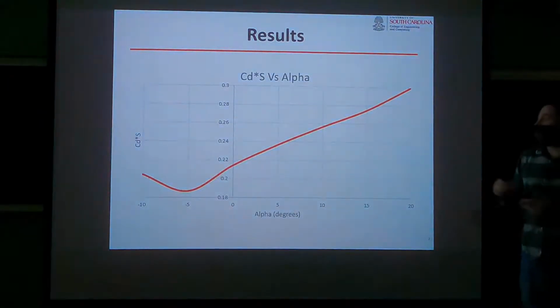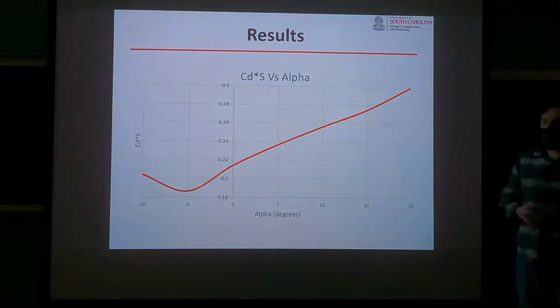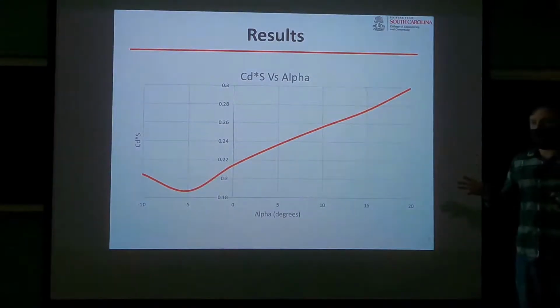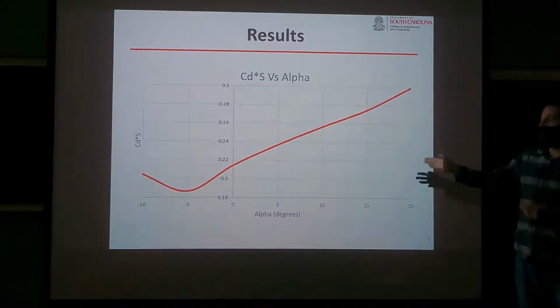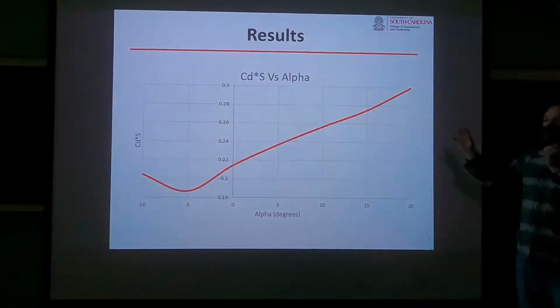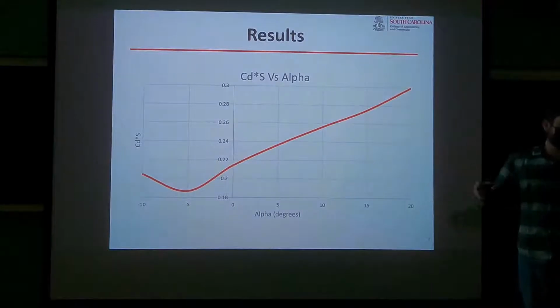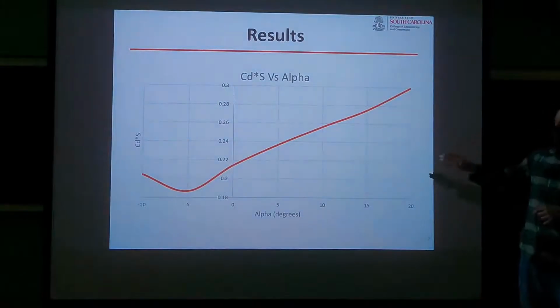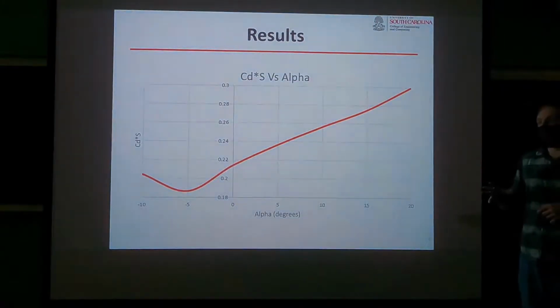So this is our CDS versus alpha graph, and we decided to go with CDS because we didn't have a great way of measuring the S on our 1/50th scale model. We figured that we could calculate Q infinity and that the trend itself would be the same whether or not we included that S. For a comparison to the aircraft itself, we would need to do the calculation of the S. But for the purposes of the trend and seeing if our mechanism is actually giving us the kind of data it should, this works.